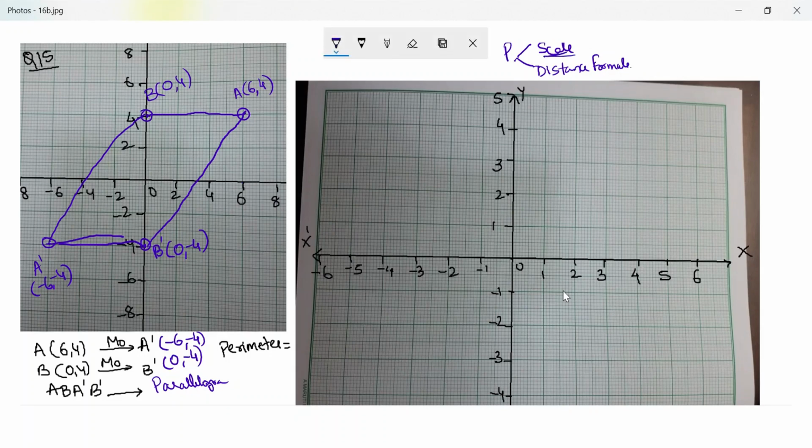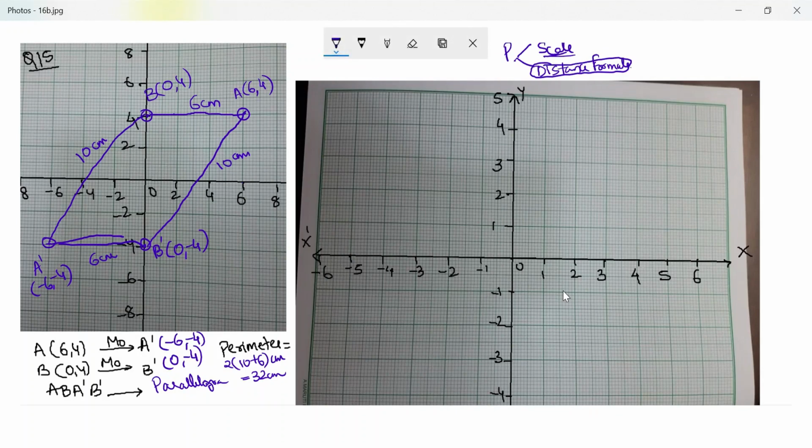If I measure, AB is equal to 6 centimeter. One box is 2 centimeter, so this is basically 6 centimeter. Next, if you measure this using a scale when you've drawn it, this is 10 centimeter. Since this is equal, this is also 10 centimeter, and this is also 6 centimeter. Therefore, the perimeter is 2 times (10 plus 6) centimeter, which is 32 centimeter. Yes, that's 32. Now, why did I talk about the distance formula? The distance formula takes slightly longer than the method that I just shared.